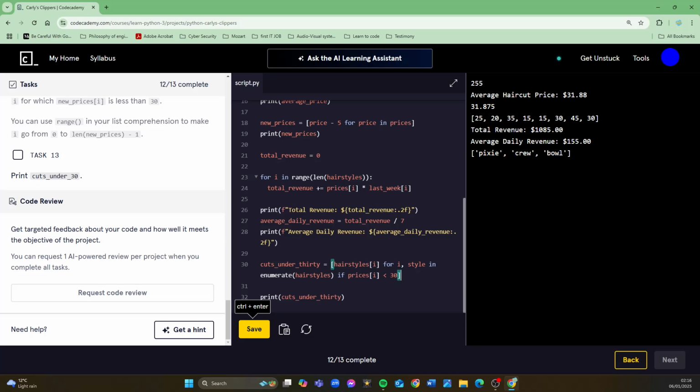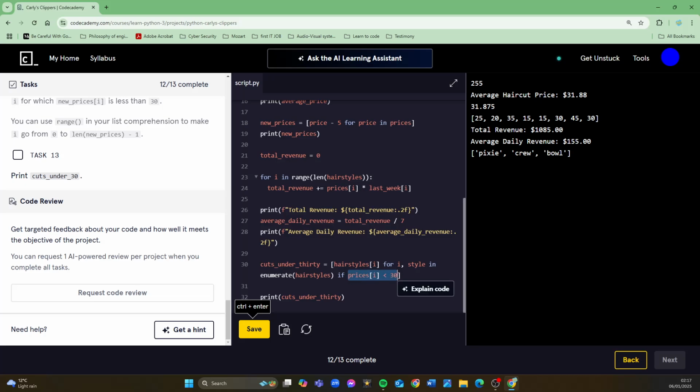Okay, but look at that structure. So we have the if statement at the end, if prices I is less than 30. That alone we need to pay attention to. So you can't say if I is less than 30. What you're doing is referring to the particular element in the prices list. So you're saying if prices and then I in square brackets is less than 30.